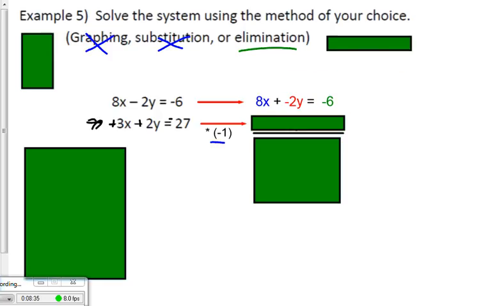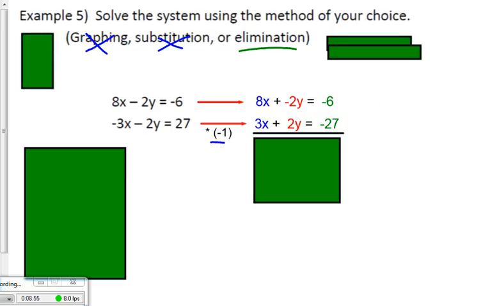It just stays as 8x plus negative 2y. I changed this minus 2y into an add negative 2y, just because I think it's easier to add things, adding a negative 2y equals negative 6. My bottom equation then, because I'm multiplying everything by negative 1, becomes a positive 3x plus a positive 2y